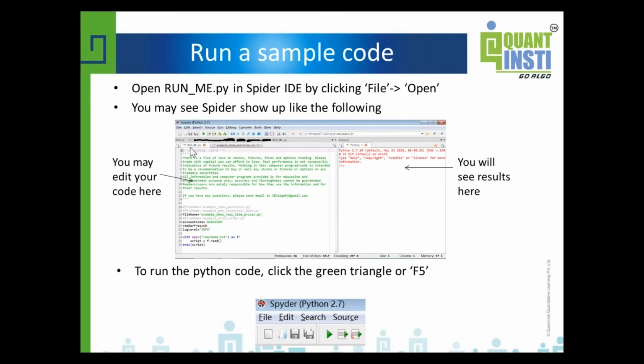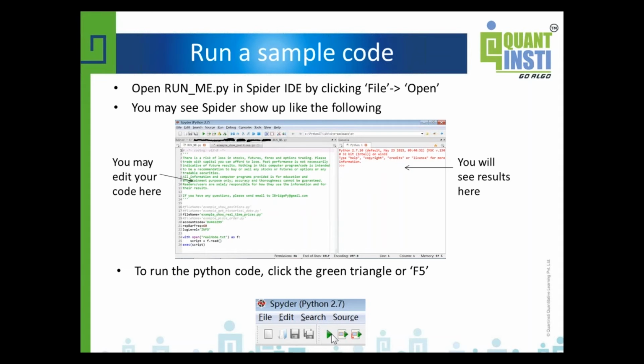Okay, run a sample code. To run a sample code, you use the IDE by clicking File and Open, and go to the folder of IBridgePy, and you will find runme.py, which is the entrance of IBridgePy. You will see Spyder show up like the following.